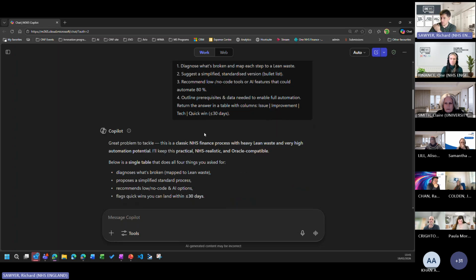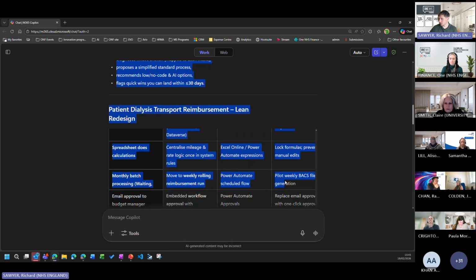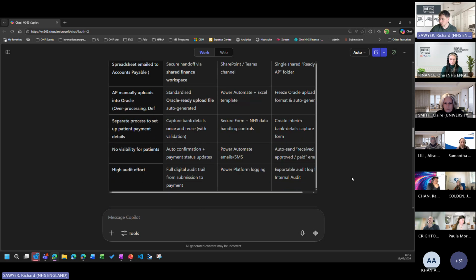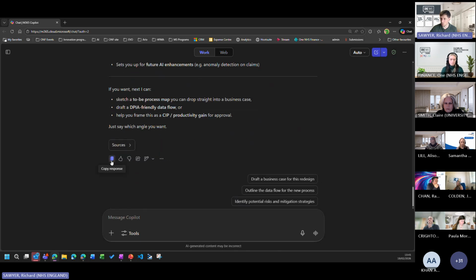Okay, so we've got something that's come back from Copilot. So we're going to copy all this out. Hopefully it'll help me with the formatting. And actually there's a copy button right at the bottom usually. So you can see all this stuff that's come back. So I'm just going to copy all of that and then paste that into the chat so you can have a look.